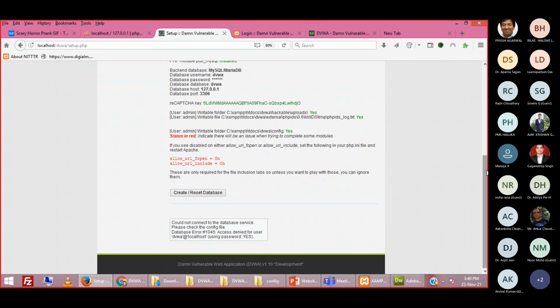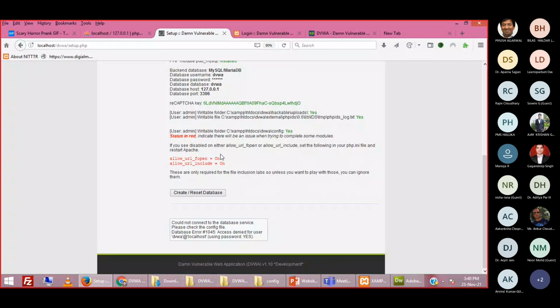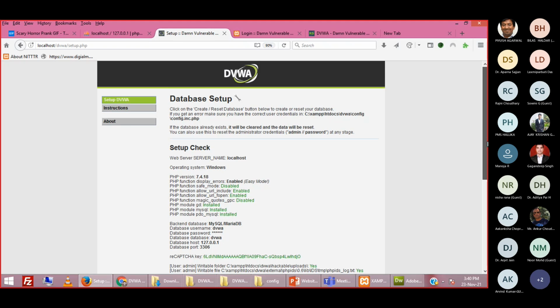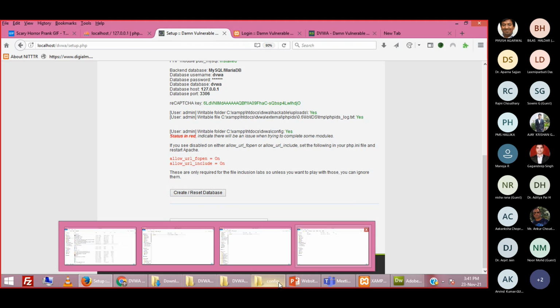Once you complete this step, now you have to connect to the databases, because this setup page has instructions which will create a database automatically for this DBWA. For that, you have to click on the create reset database button. If it gives the message could not connect to the database, you have to make some changes in your configuration file.